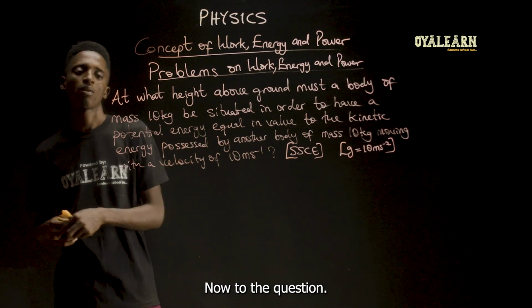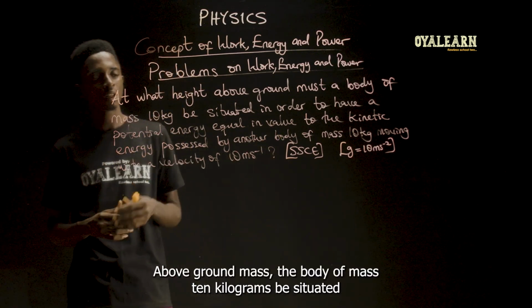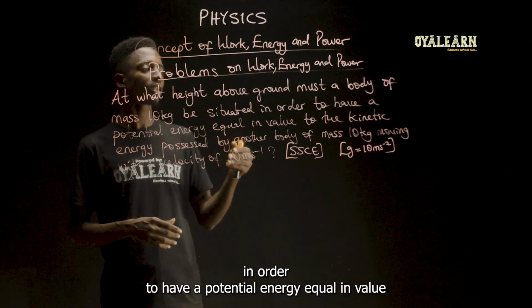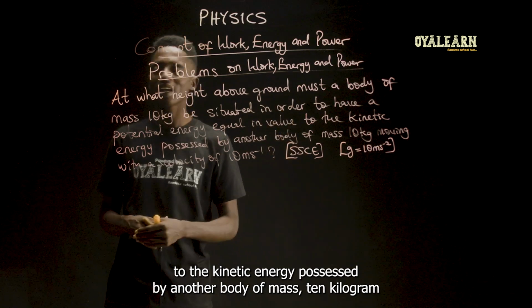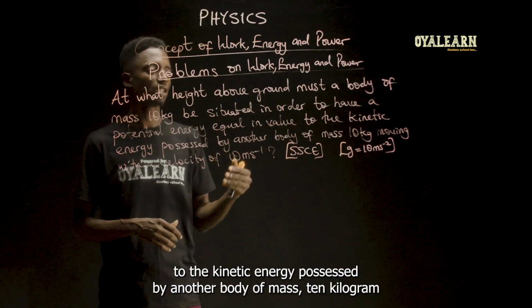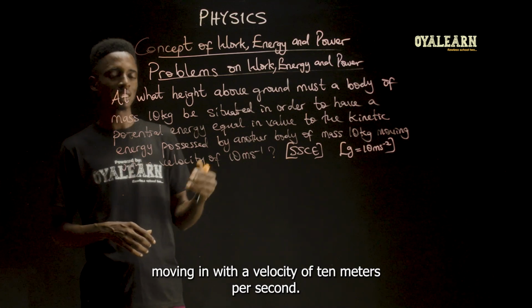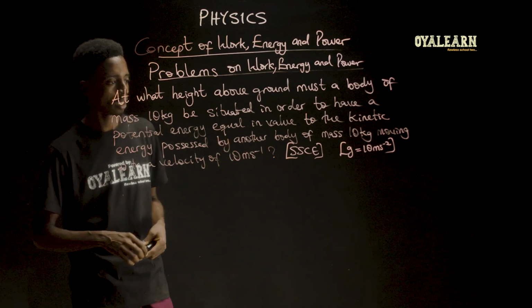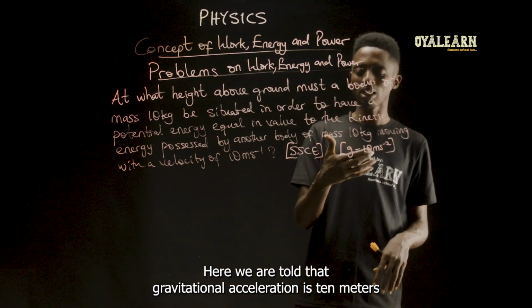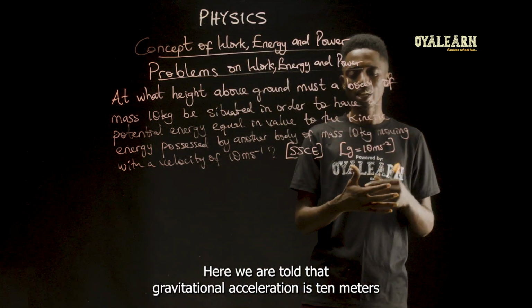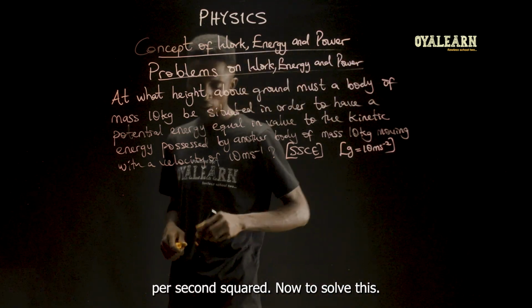Now to the question. This says, at what height above ground must a body of mass 10 kilograms be situated in order to have a potential energy equal in value to the kinetic energy possessed by another body of mass 10 kilograms moving with a velocity of 10 meters per second. Now this is an SSC question, and it has a hint where we are told that gravitational acceleration is 10 meters per second squared. Now to solve this,